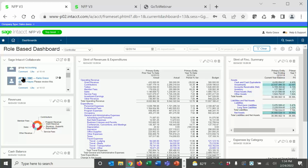It could be a purchase order. It could be any transaction. So Sage Intacct Collaborate, it's part of our core offering, and it's something that all of your users can take